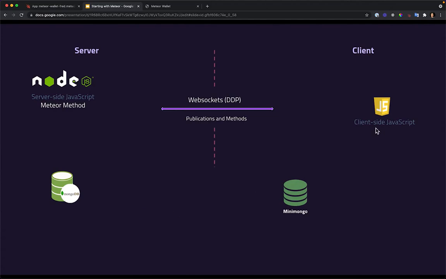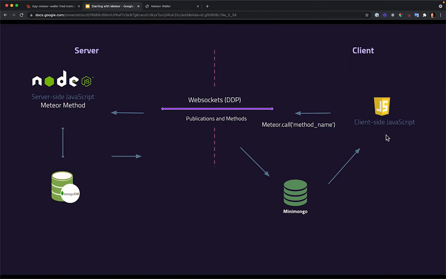So when we call a Meteor method from the client side, we are sending the data from the client to the server side. This data is processed and validated on the server side. We insert it or remove it from MongoDB, depending on which action we're taking. And then this data will go back to the client side. It will go first to the MiniMongo, and then we will show this change in our HTML, in our React